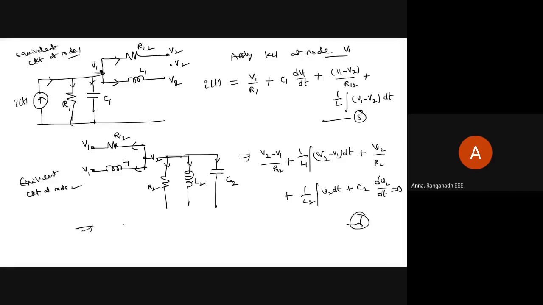Now the conclusion is that equation A can be compared with the 5th equation and equation B with the 6th equation. You will get the same phenomena. A and B are the mechanical equations, and 5 and 6 are the equations of the force current analogous circuit. So this is the force current analogous circuit and the force voltage analogous circuit with their individual loop equations and mesh equations. For the force current analogy, you apply nodal analysis, giving node equations. For the force voltage analogy, you apply loop equations, called mesh equations.